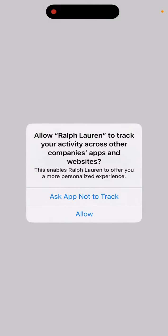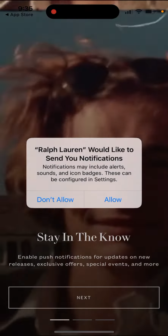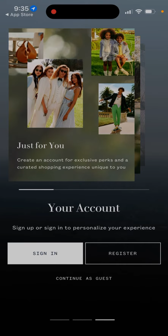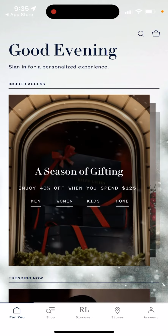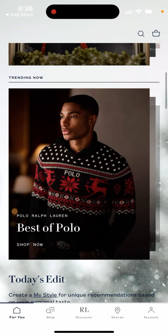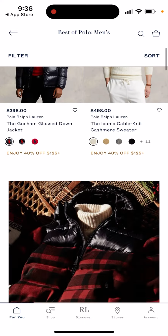So here you can just open it up and then notifications. You can share your location depending on where you are, and then continue as a guest, or you can also create an account or register. And then yeah, there are interesting ideas. So for example, there are some sweaters here, like Christmas bags, and then you just